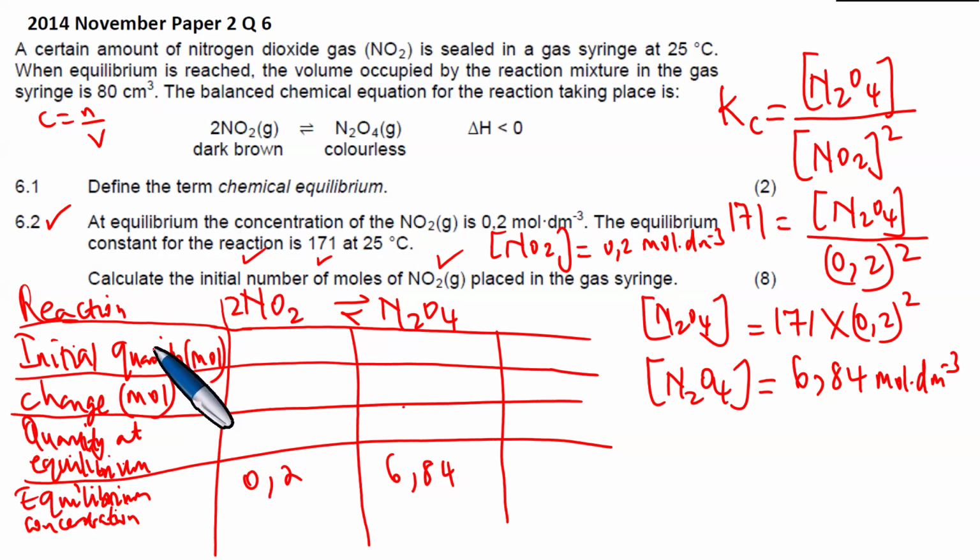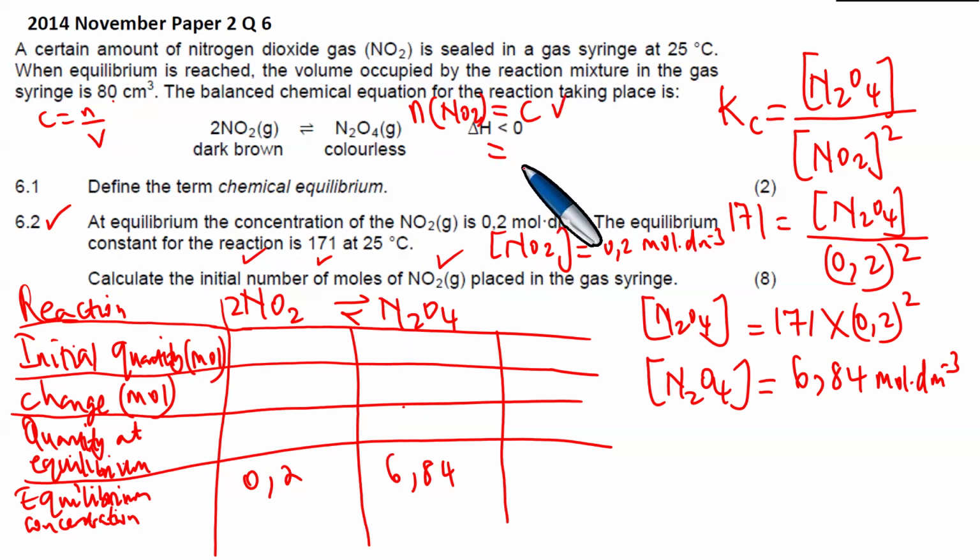right? And so let's think about what we actually need to have here. We know very well that this is the volume, so we need the number of moles. So we're going to say, for instance, the number of moles of NO2 at equilibrium. Because they gave us these things at equilibrium, we work our way backwards as part of what we need to do. And so now we're going to use this formula: number of moles is concentration times volume